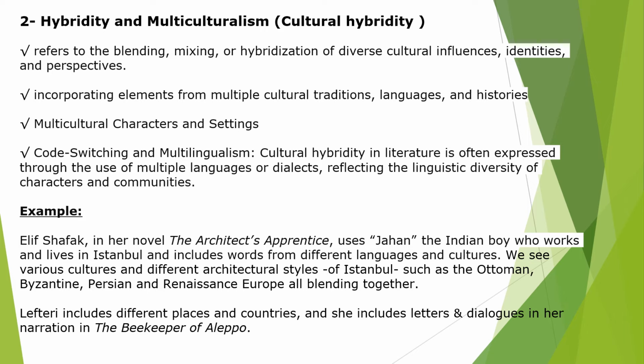characters and communities. Example: Elif Shafak, in her novel The Architect's Apprentice, uses Jahan, the Indian boy, who works and lives in Istanbul, and includes words from different languages and cultures. We see various cultures and different architectural styles of Istanbul, such as the Ottoman, Byzantine, Persian, and Renaissance Europe all blending. Lefteri also includes different places and countries, and she includes letters and dialogues in her narration in The Beekeeper